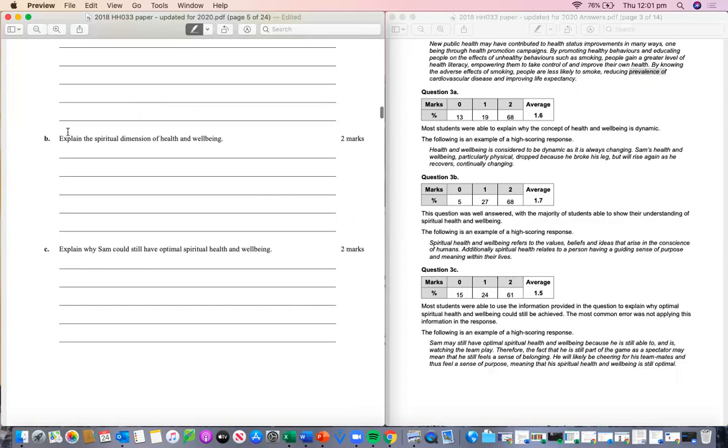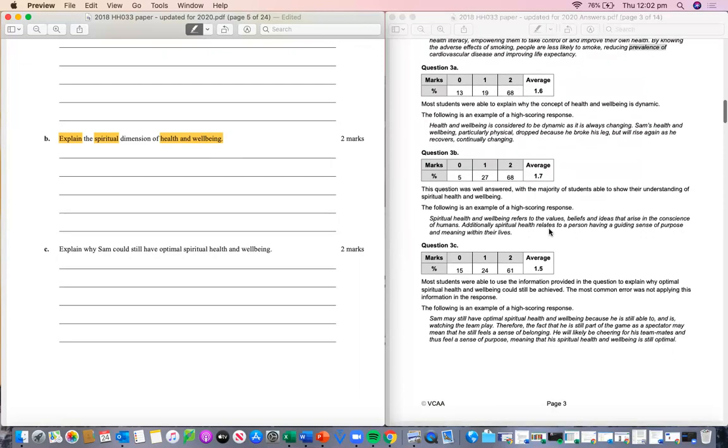Question 3B, explain the spiritual dimension of health and well-being. So explaining spiritual health and well-being is the easiest one here, for 2 marks. If we look at the exam guide, 68 people received 2 marks for this, and the average is 1.7. So an example of a high scoring response is: spiritual health and well-being refers to the values, beliefs,